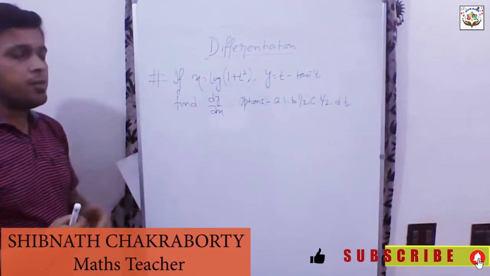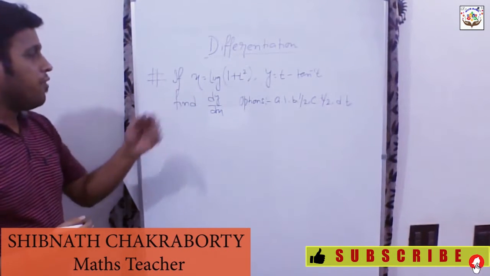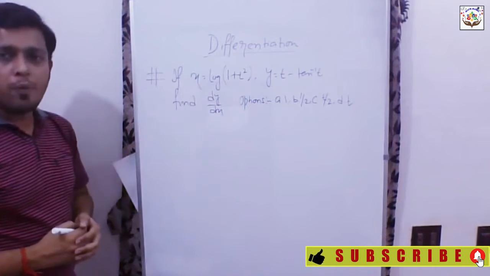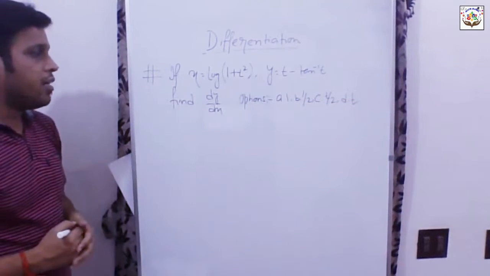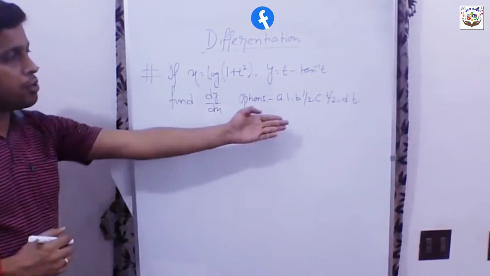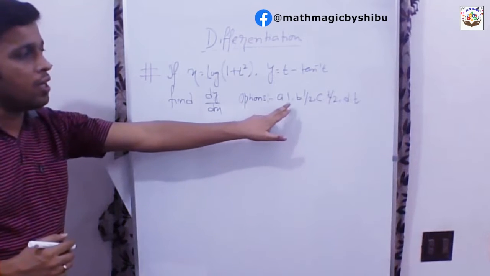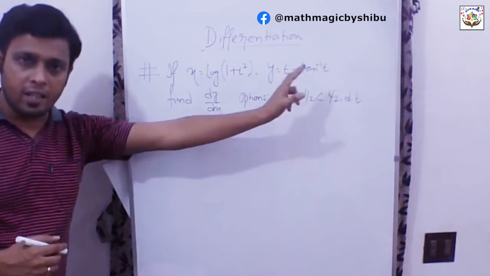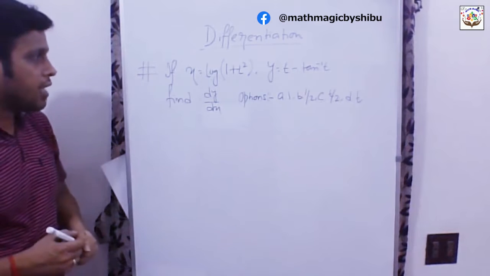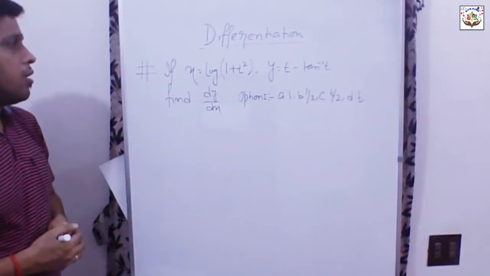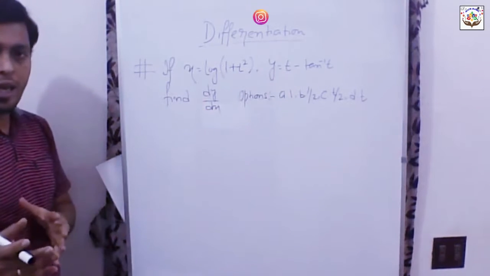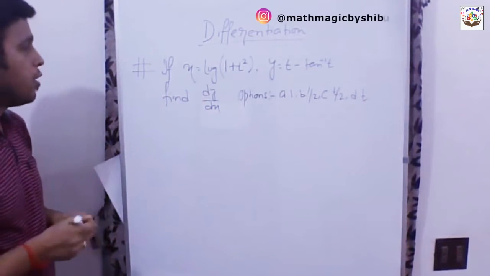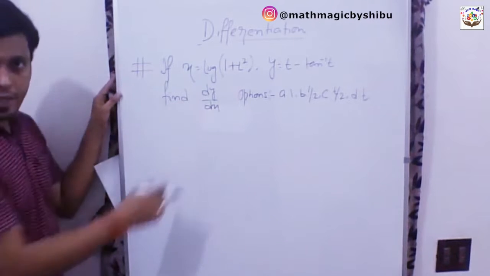So we will solve now this problem, right? We have if x equals log(1 + t²) and y equals t − tan⁻¹ t, then we have to find dy/dx, and we have the options for the answer like 1/2, t/2 and t. Okay, so as you can see, we can differentiate both the expressions with respect to t at both the sides. Okay, so to get the dy/dx, I am showing you.